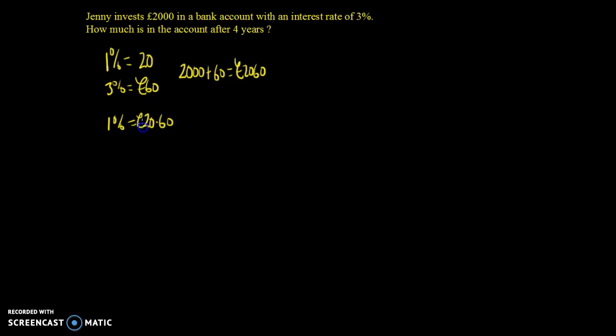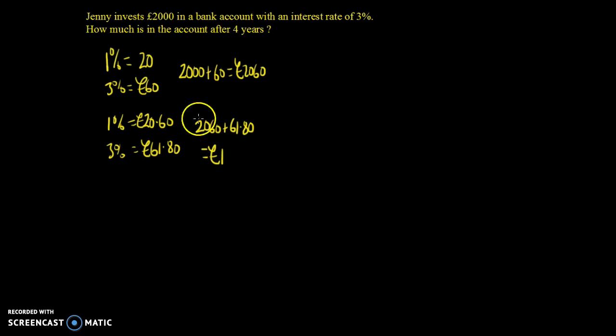So £20.60, 3% multiplied by 3, and that is £61.80. So to get the amount at the end of the second year, we add on the amount at the end of the first year, 2,060, plus your interest for the second year, plus £61.80, and that gives us